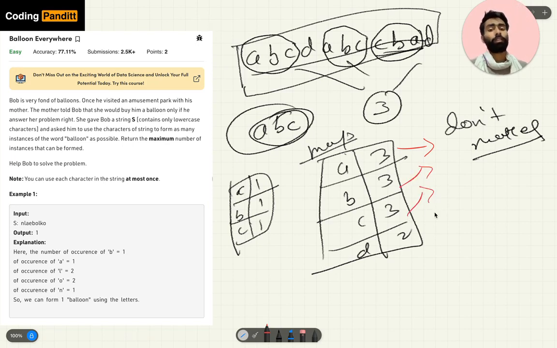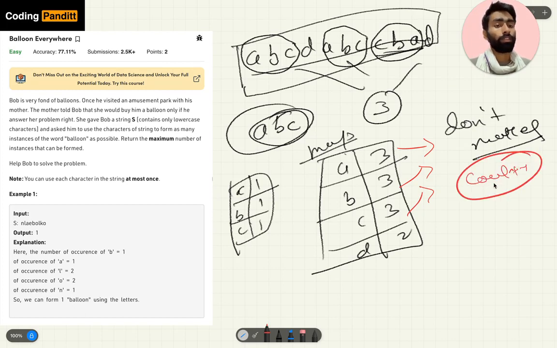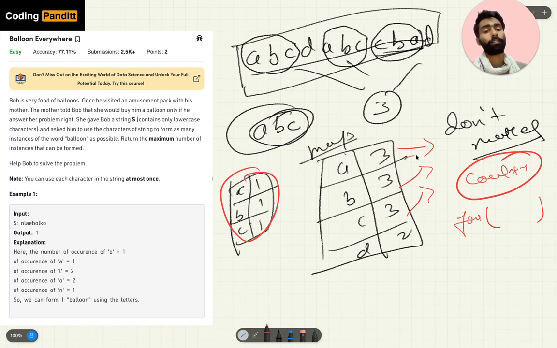So to increment the word count, we need to subtract 1 from each. To do so, we will use looping, and for this we will subtract its frequency from here, and up till now we will have the frequency of these 3 together, not just any of them.